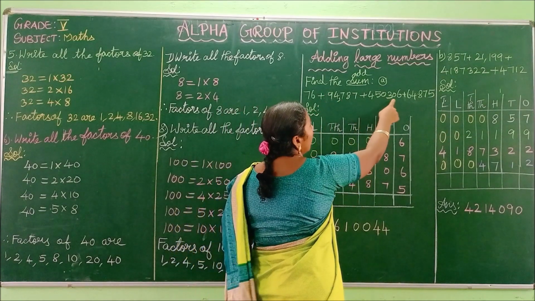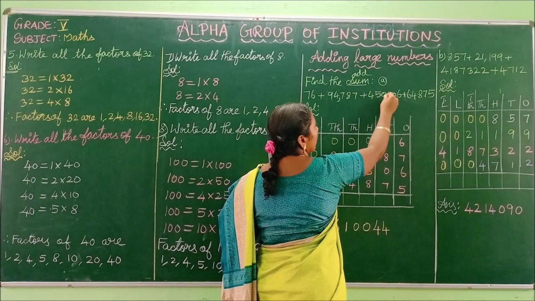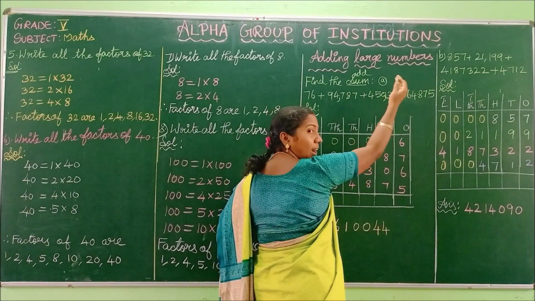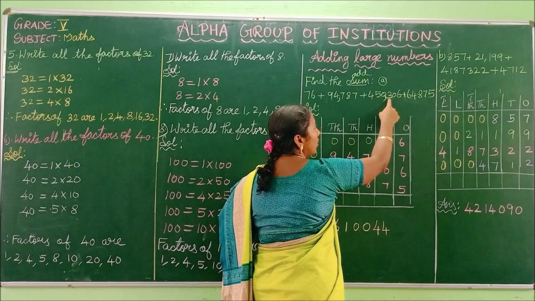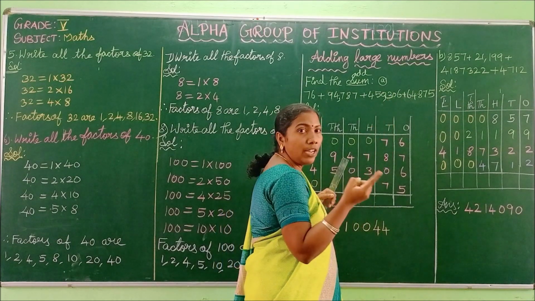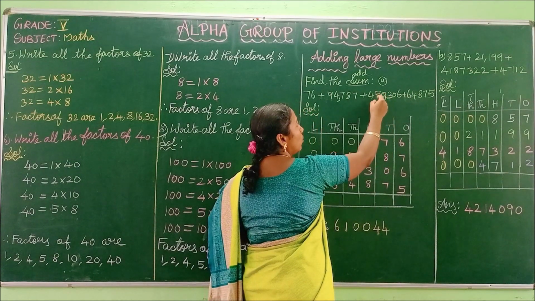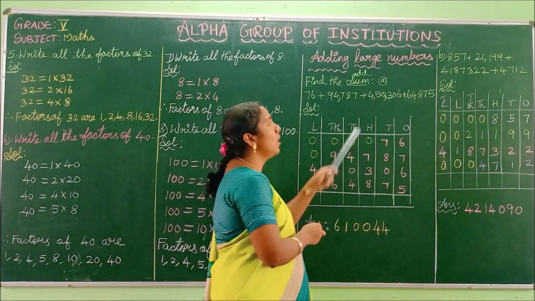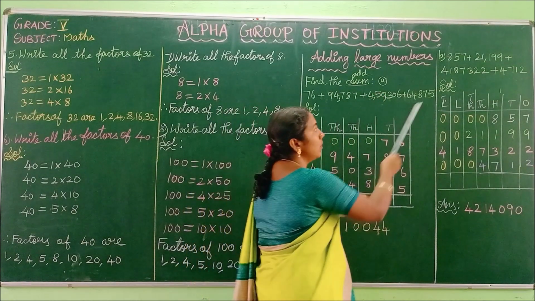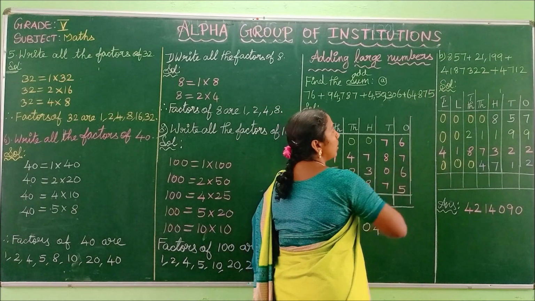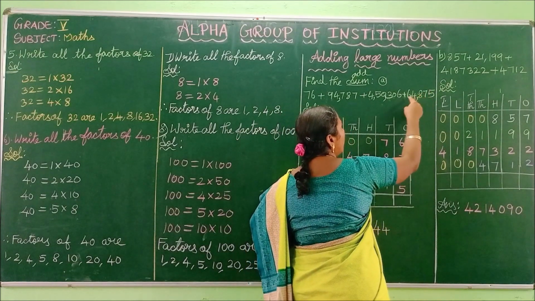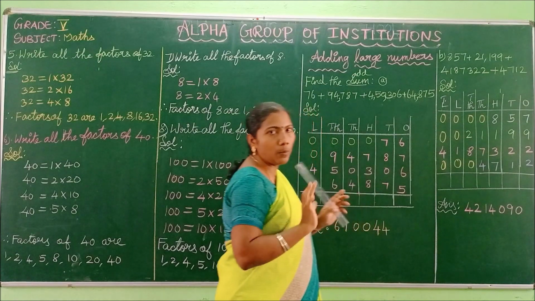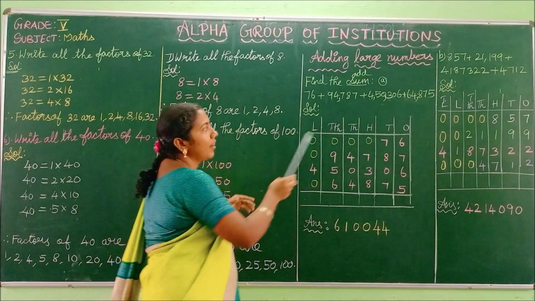See here, 1, 2, 3. You have to count from the right hand side. 1, 2, 3. First comma. After that every 2 digits. 1, 2. Before that you have only one number, so you have to stop your comma up to this. See the next one. 1, 2, 3. So you have to put the first comma. Before that you have 2 numbers, so you have to stop up to that. Okay. Now we can read this number.